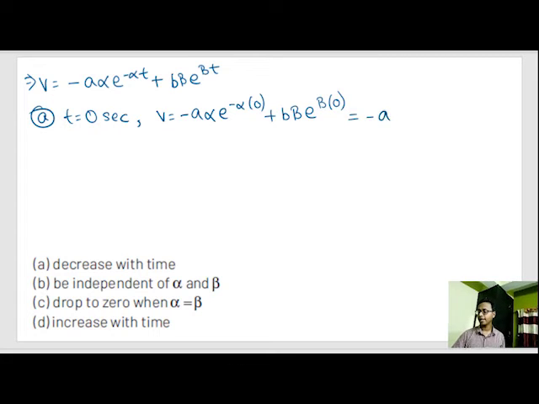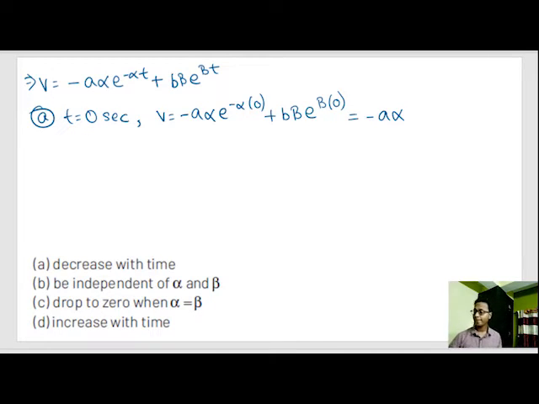This comes out to be minus a alpha. Anything raised to the power 0 is 1 except 0 to the power 0. Not only I, the entire mathematical community doesn't know what 0 raised to the power 0 is. It is called indeterminate. So anything raised to the power 0 is 1, with only one exception, that is 0 raised to the power 0.